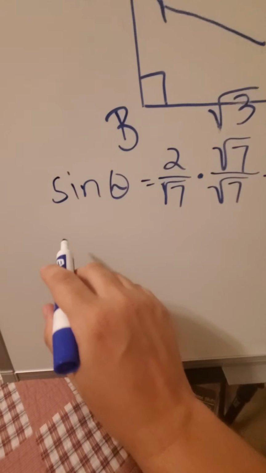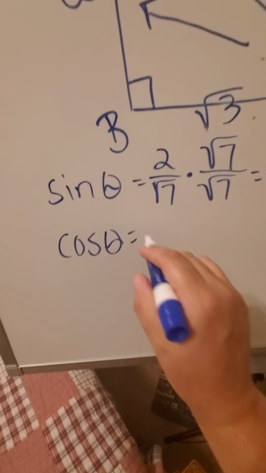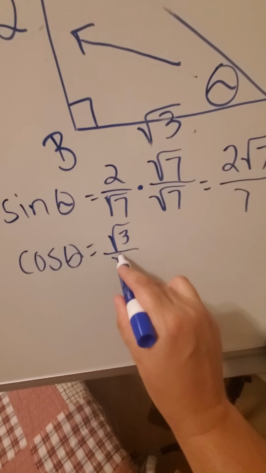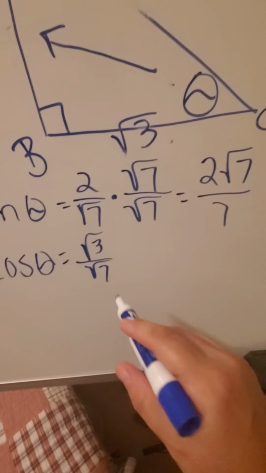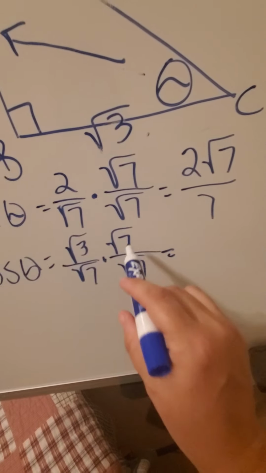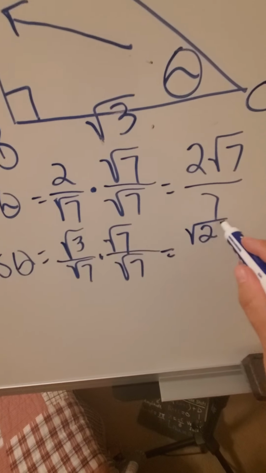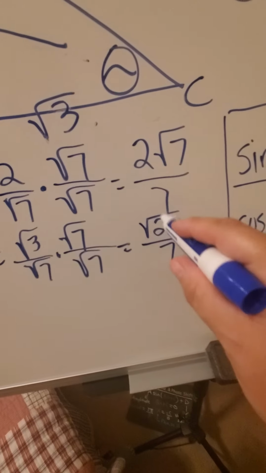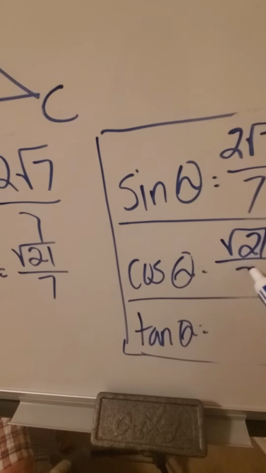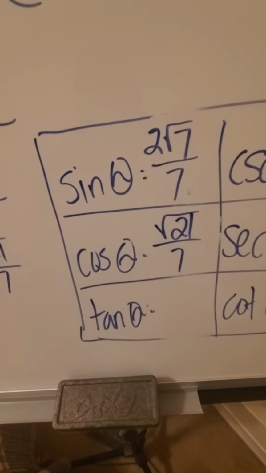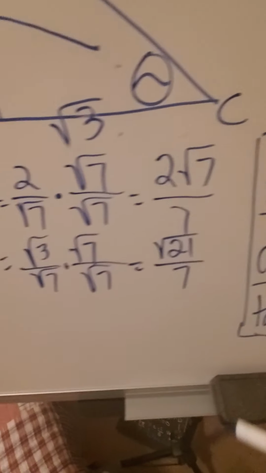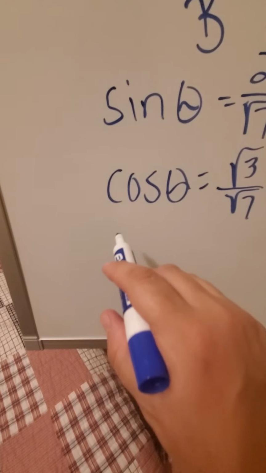Okay? All right, cosine is adjacent over hypotenuse, square root of 7, 3 over square root of 7. I don't like that in the bottom, so I'm going to multiply by the square root of 7. Okay, now these numbers I can multiply. That'd be the square root of 21 over 7. Now you can't reduce that because that's not in the square root. So I'm going to bring that over, square root of 21 over 7. Okay. Once I have all 3 of these, then I can fill those in pretty quick. Okay. Then tangent